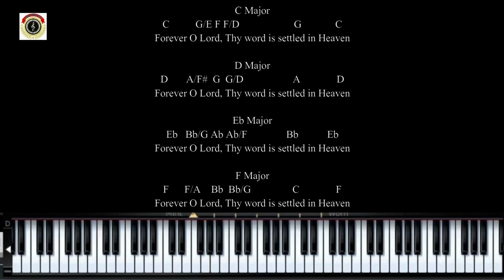This is a very simple chord. It's basically G over E, so it's going to be like E minor seventh. So G major chord on my right, that's B, D, G, B, and then my left will be doing E. More or less like an E minor seventh, but basically you can say G over E or 5 over 3. So forever,